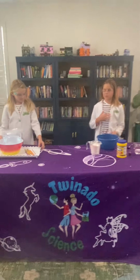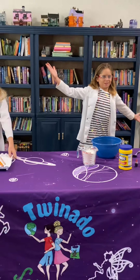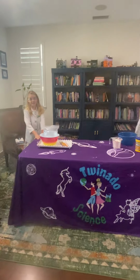Today we're doing 2 science experiments, but also we have moved, as you may clearly see. This is our Harry Potter library. Yes, and each piece of furniture in this room